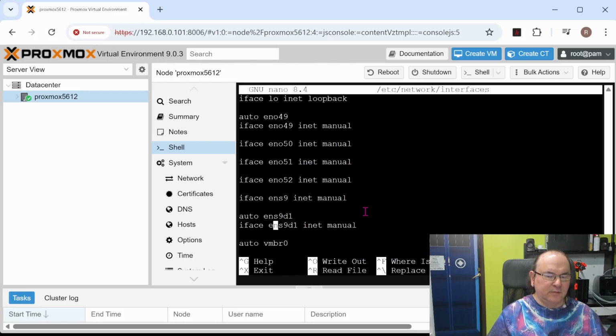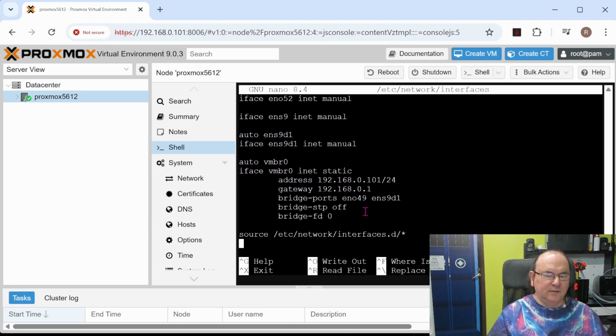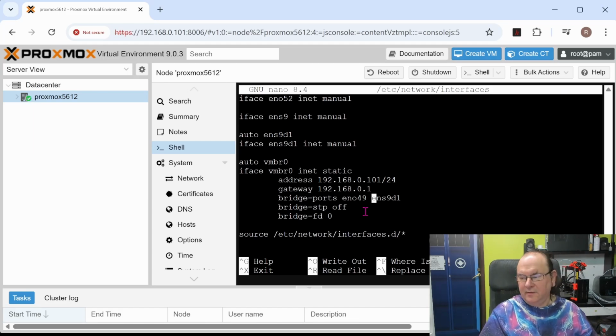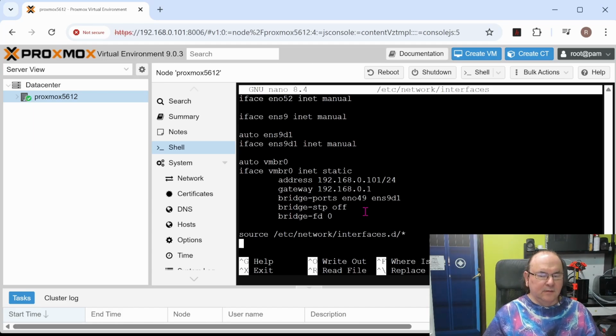So these lines here I need to add, and then I need to add the specific fiber port to the bridge port settings, and then